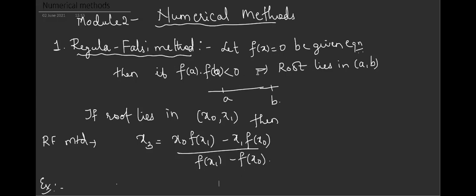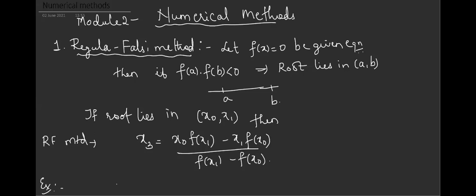Now, here this is the main basic property. This property has to be verified every time and this should be clear to you. Just see, you have to check two numbers a and b such that if you substitute them, f of a times f of b should be less than 0. What does less than 0 mean? Negative. Now what are the different possibilities?